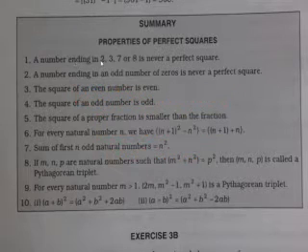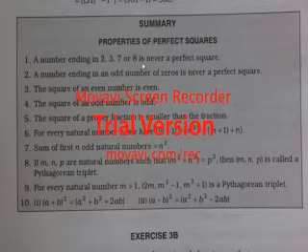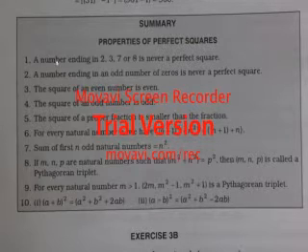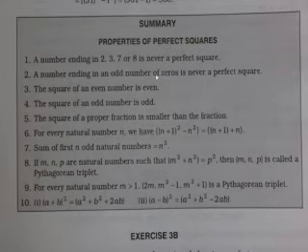A number ending with 2, 3, 7 or 8, and here I can also add, in the next point it has been given, and also with an odd number of 0s at the ending, is never a perfect square. You can read it in one point only. Okay, in the next point it has been given: a number ending in an odd number of 0s is never a perfect square. This you have to keep in your mind.